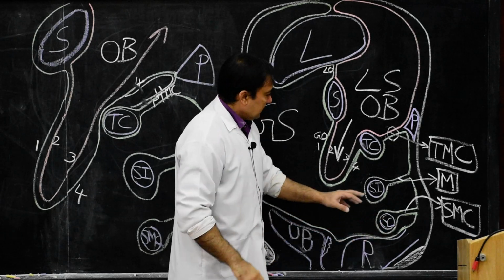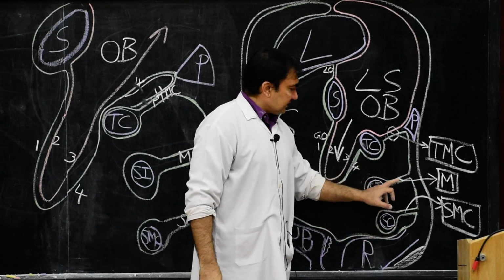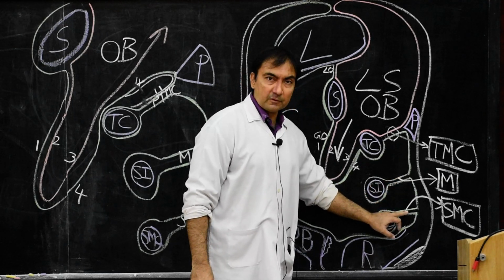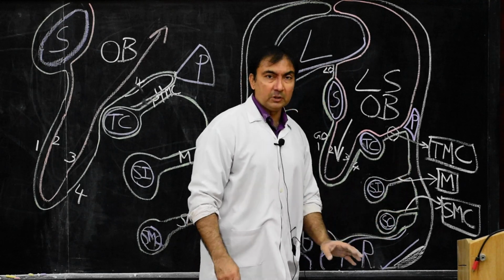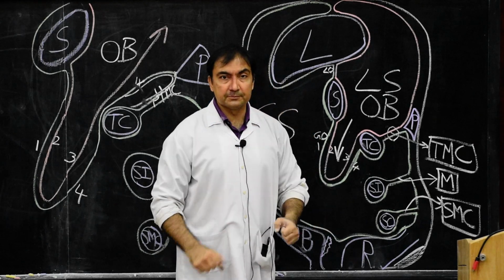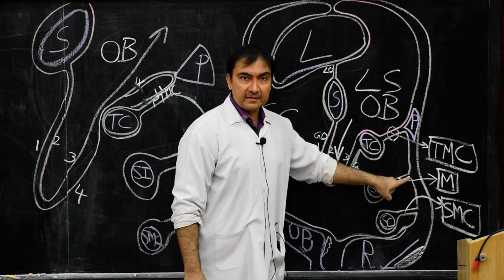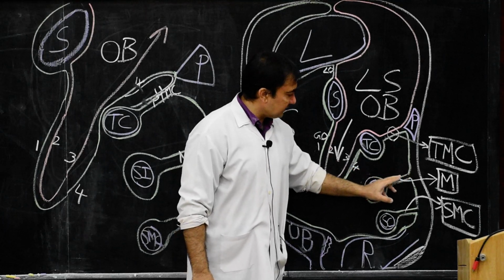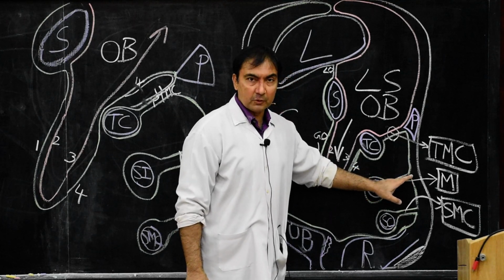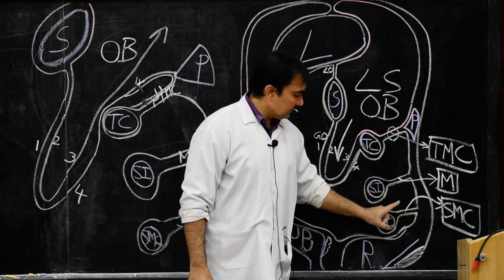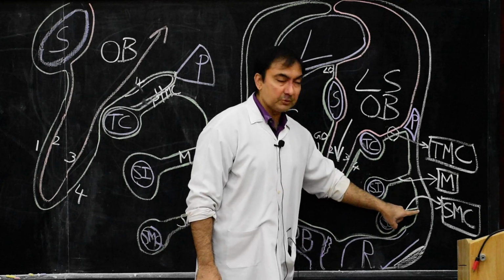Now, where this mesentery as well as the sigmoid mesocolon is attached to the posterior abdominal wall, that particular portion is called the root. So this is the root of the mesentery, where my finger is, where the mesentery is attached to the posterior abdominal wall. This is the root of sigmoid mesocolon, where the sigmoid mesocolon is attached to the posterior abdominal wall.